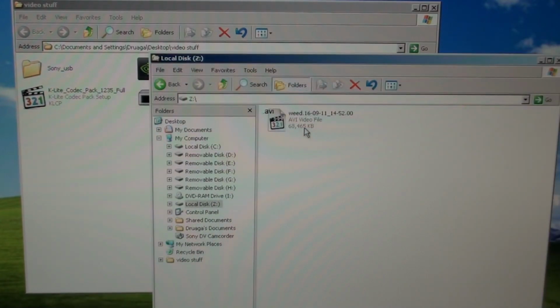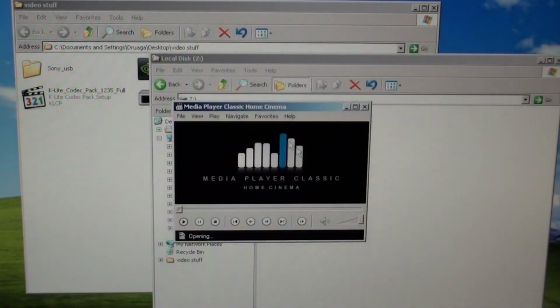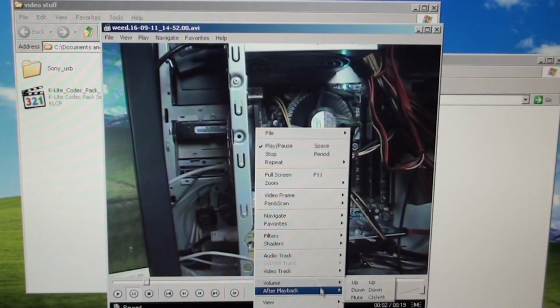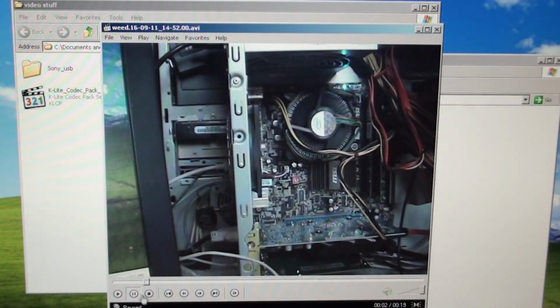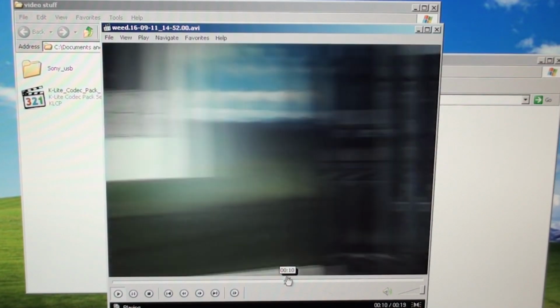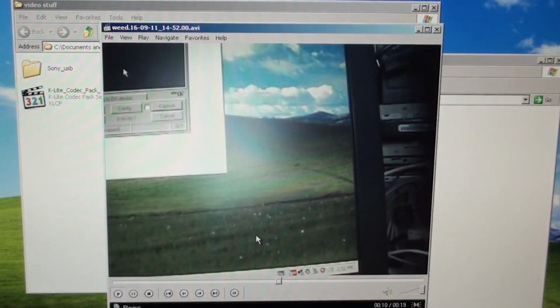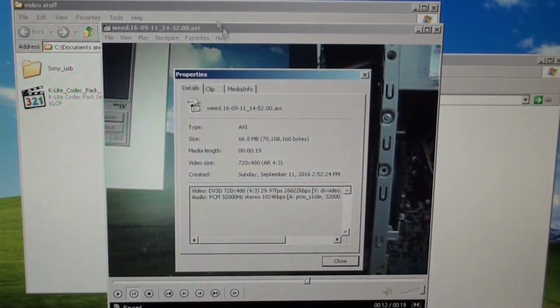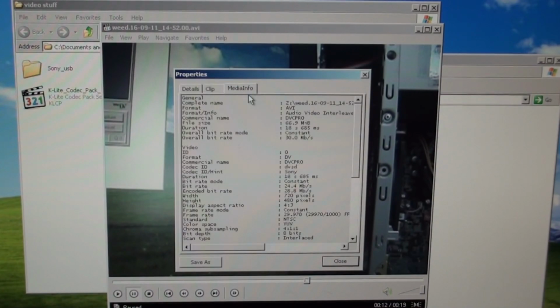But holy crap, that is really smooth. And the advantage to Media Player Classic here is we can get some stats on the video we're actually recording. So this is some interlaced video here. Yeah, look how smooth that is. So let's go to Properties, go to Media Info, and this is where all